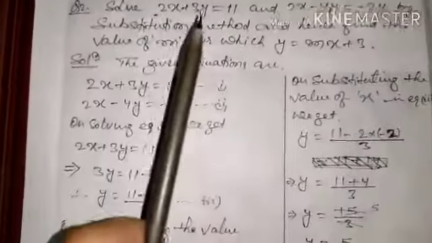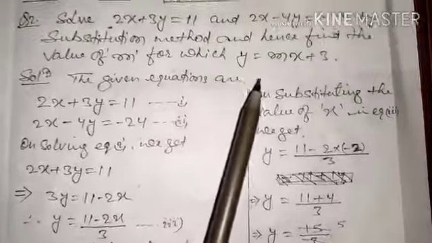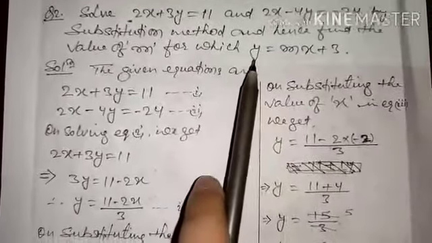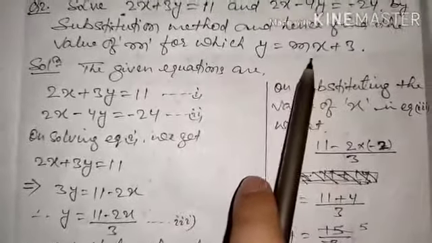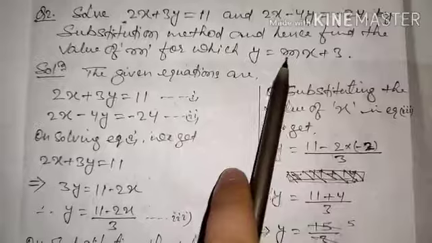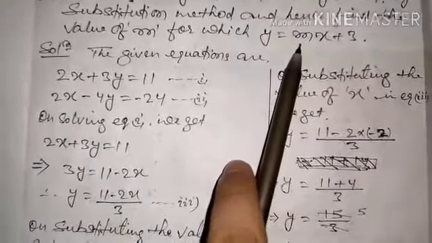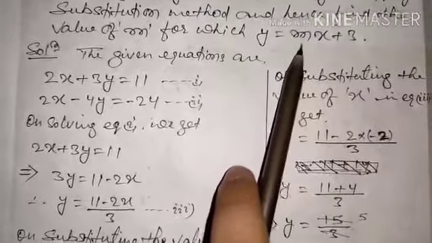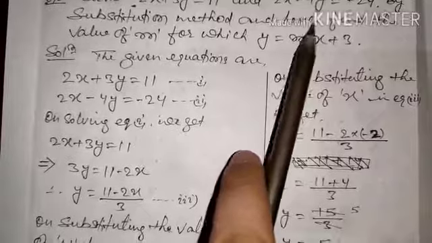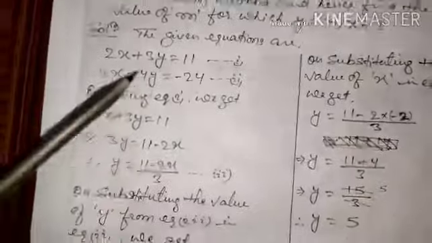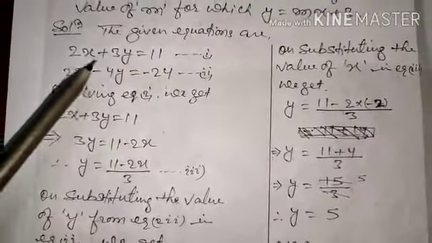Okay, now it means using these two equations, we have to find out the value of x and y using the substitution method, and after finding out the value of x and y, we will substitute that x and y in this equation so that we can obtain the value of m. So when we substitute the value of x and y in this equation, only one variable will be left, that is m. So we can easily find out the value of m, because we are going to get an equation in one variable, and we know how to solve an equation in one variable. Okay, now let's proceed fast. The given equations are this and this.